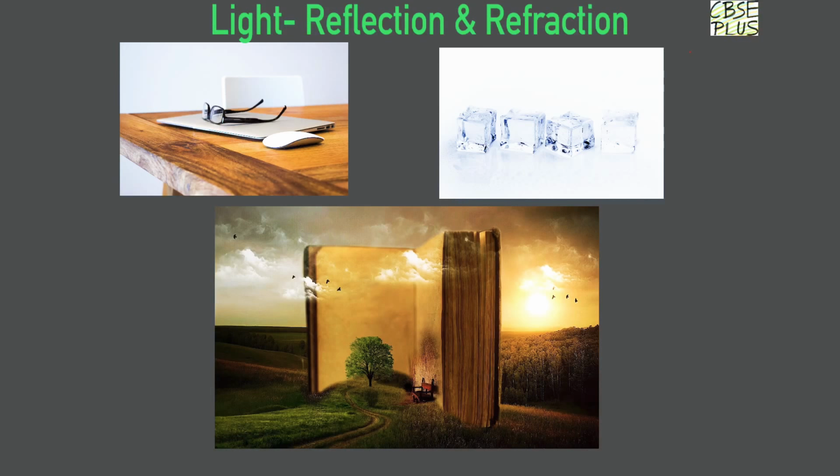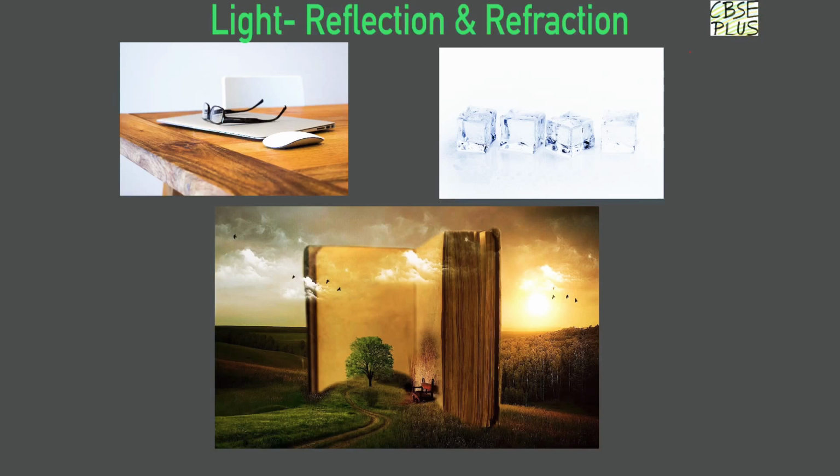Now let us learn about the medium. A medium is a substance through which light propagates or tries to do so. The plural of medium is media. Media are of three types: transparent, translucent, and opaque. Transparent medium is a medium through which light propagates easily. For example, air, water, glass.